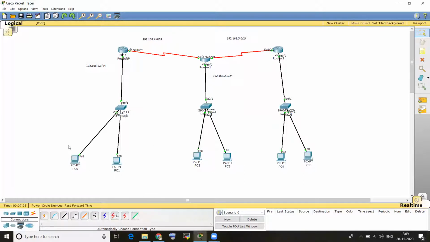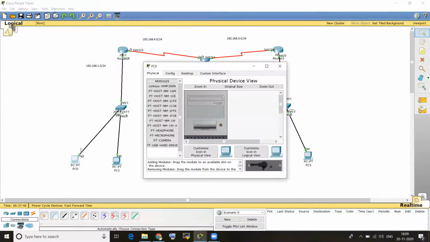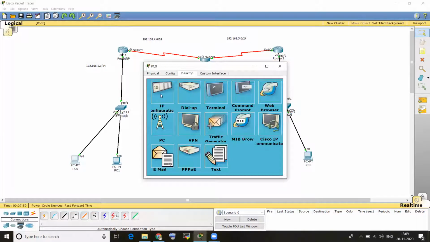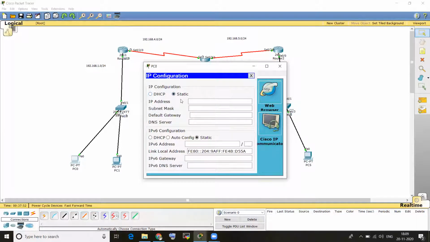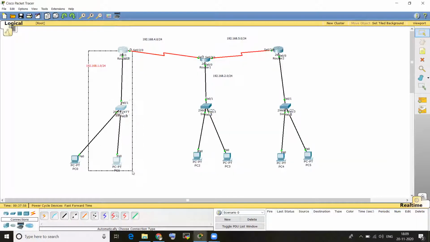So for the first PC, PC0, click on the computer, go to Desktop, IP Configuration, here static, here I have to give.